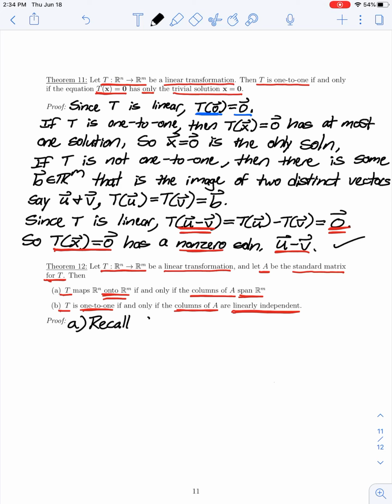Recall from section 1.4 that the columns of a matrix A span all of Rm if and only if